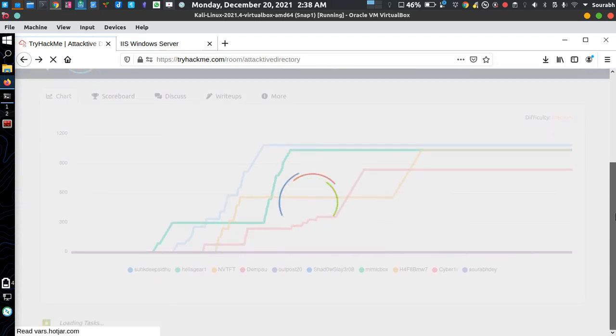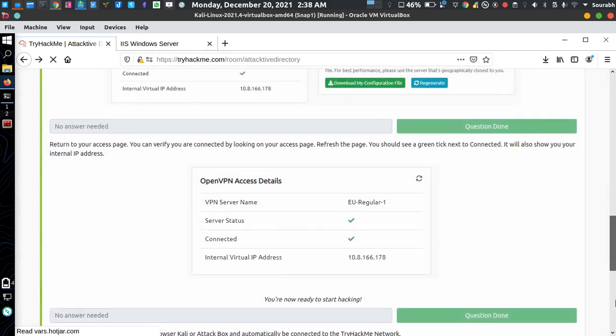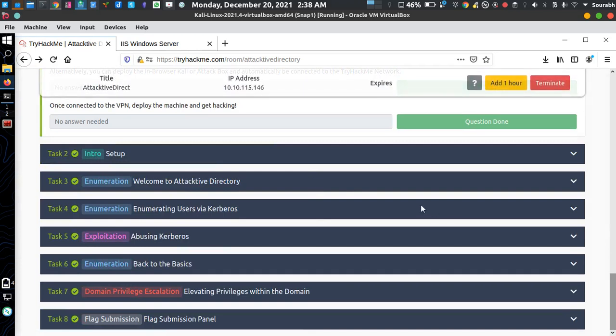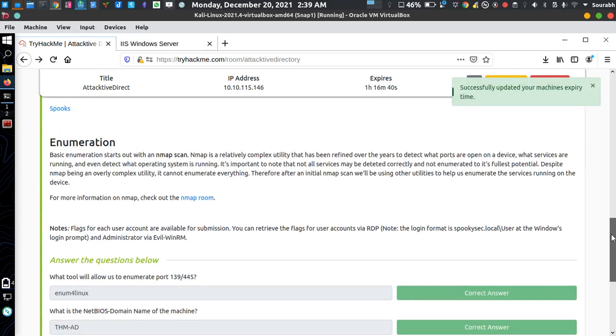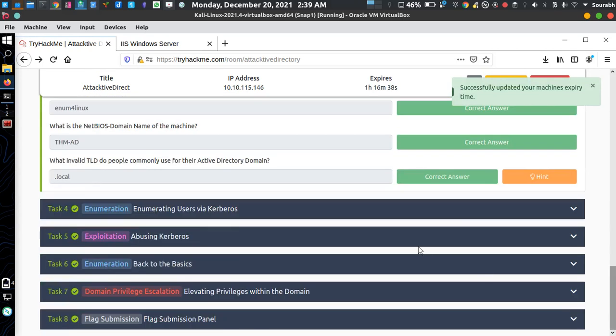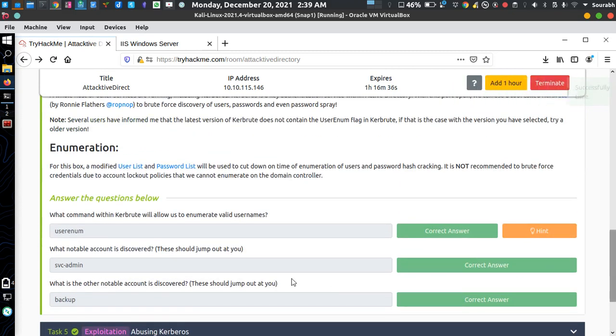It's going to take some time. Let me just add the path first. Yes, it's added. So you just have to go to the user list and the password list.